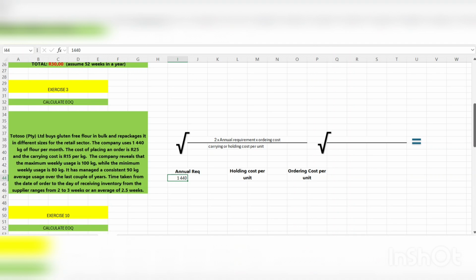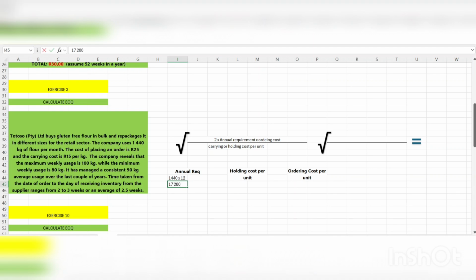The average, the closest fixed amount we can use, is 1,440 per month. So when you take this amount and simply multiply it by 12,